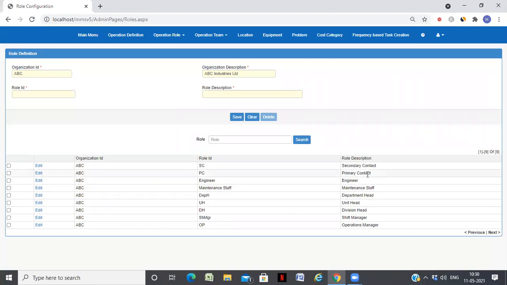I also created a few user specific roles, primary contact and secondary contact. Primary contacts are the ones to whom the ticket will be initially sent. For example, if it is a department head or department engineers, they can be the primary contact. And secondary contacts are the actual staff technicians who go to the field. So we have created them as secondary contact. You have a feature to configure all the roles and map them to the users as well.